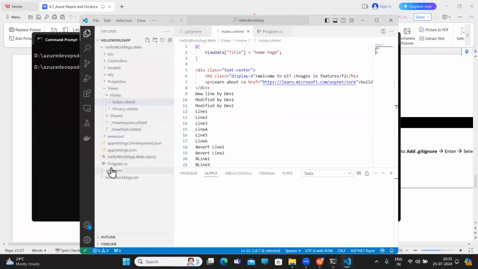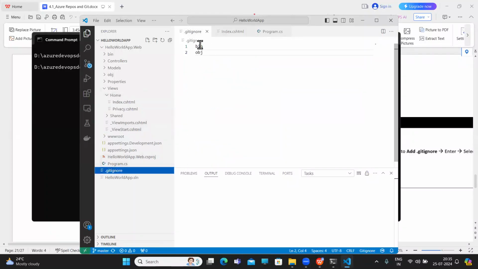This .gitignore file we have created, and we added bin and obj as part of our project creation. Hope you remember. But I don't want to create this manually. I want to generate this because I'm working on .NET. I want to generate a .gitignore file for .NET because I really don't know what are the unwanted files which I can ignore. Similarly for other languages, Java, whichever it is. Okay. So for this,